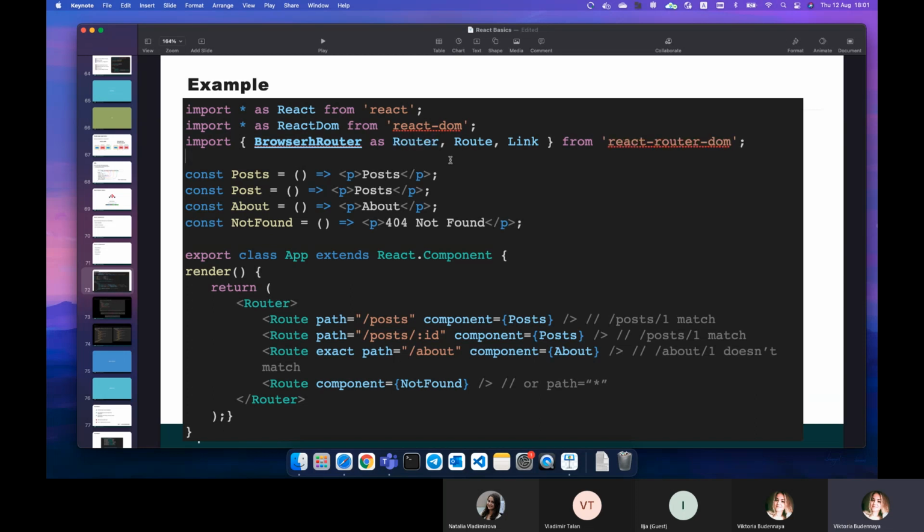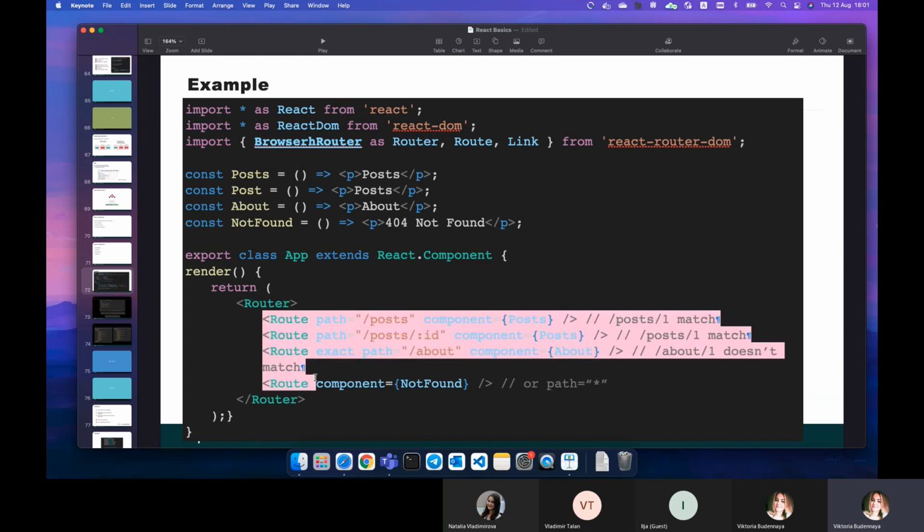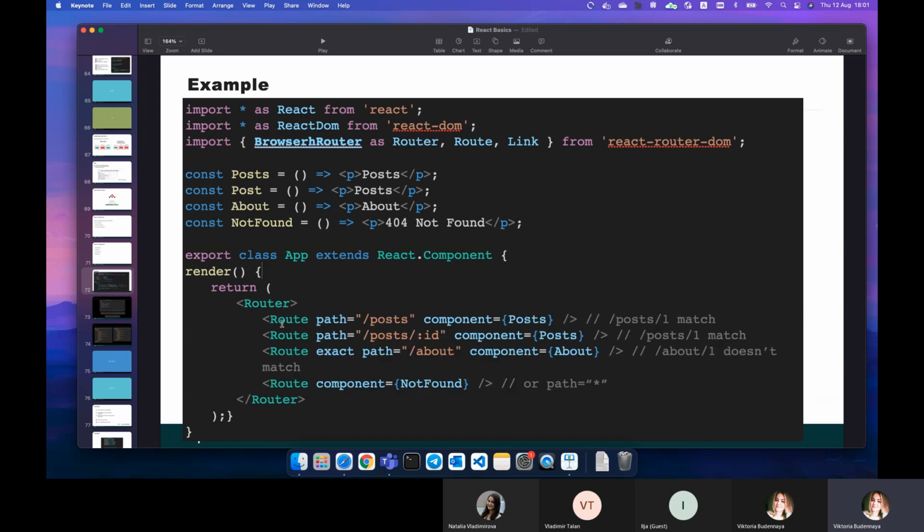From here, and as you can see, it's not just a router, it's exactly BrowserRouter. I just use the name router for simplification; you're not obliged to do that. Inside of this router, we would have a combination of different paths. So here, a route to posts, here a special route for posts ID, a route for about, and